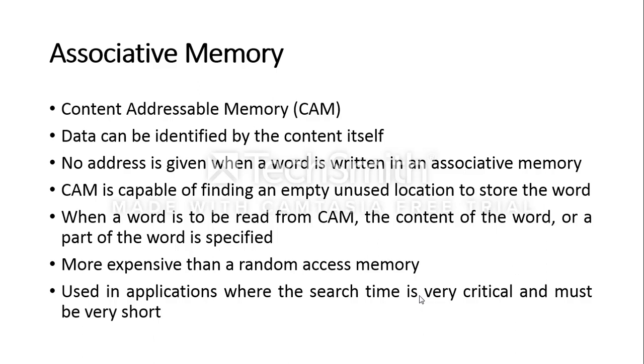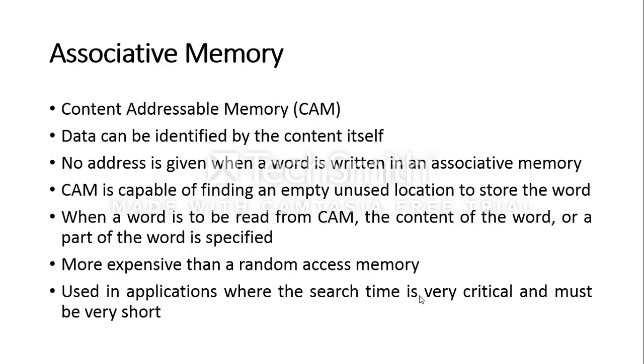Now let's say I want to find all these attributes of a particular student from the given associative memory. As addresses are not required here, if I want to find the information about a particular student, I have to specify the roll number, because for all the students the roll number would be unique. So using this roll number value, I can simply find the rest of the attributes defined for that particular student. So here roll number is the content of the word that we want to find.